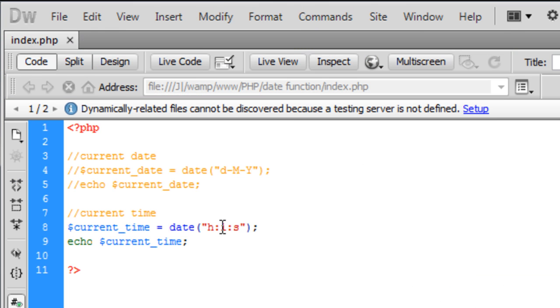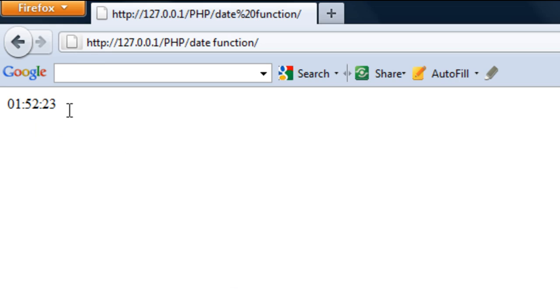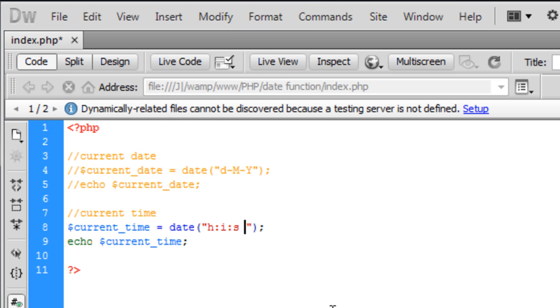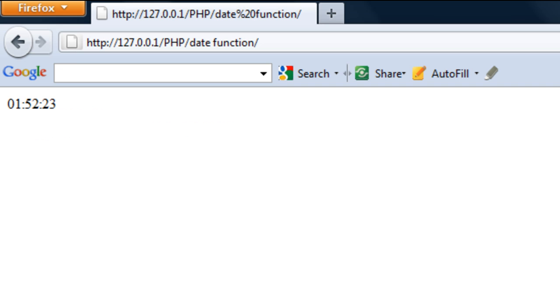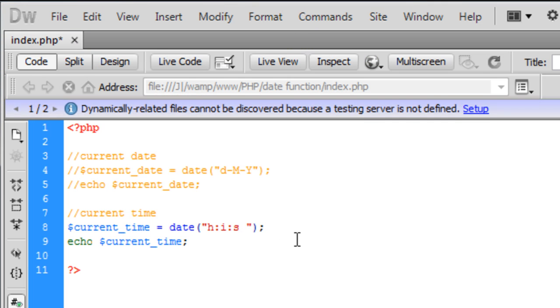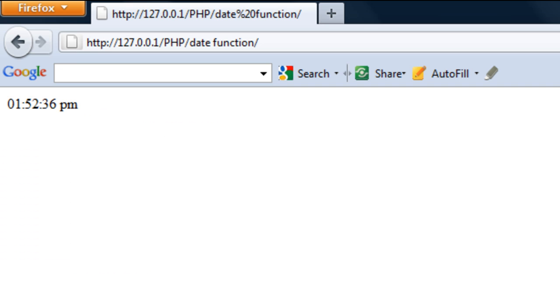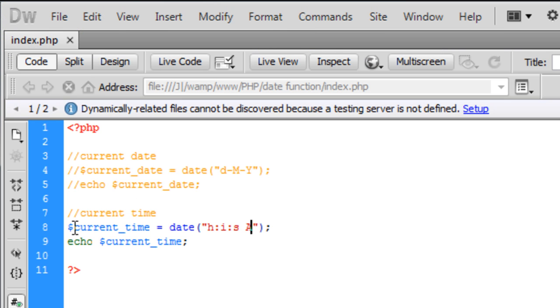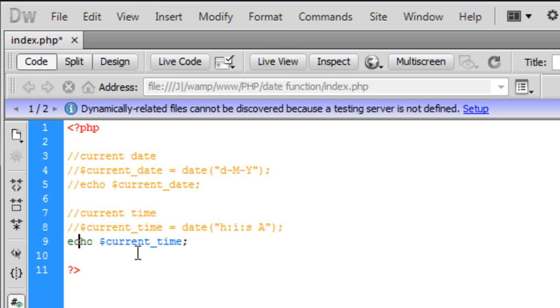And if you want to put the AM and PM, put a space and an A. A lowercase a will appear as lowercase pm or am, and a capital A will display it as capital AM or PM. Okay, so now that we've done the time,